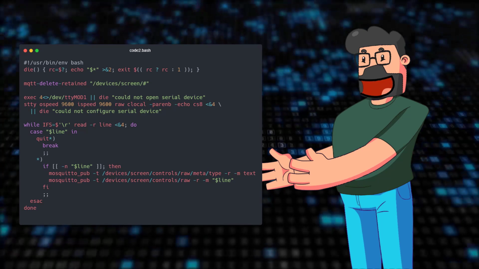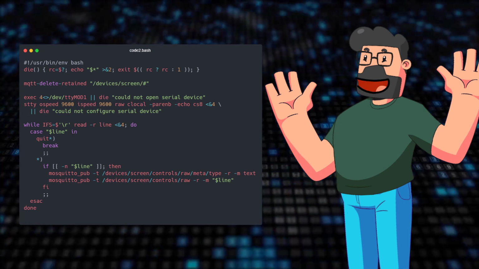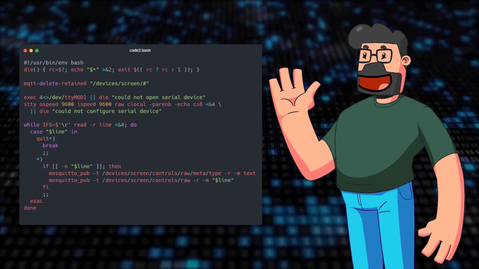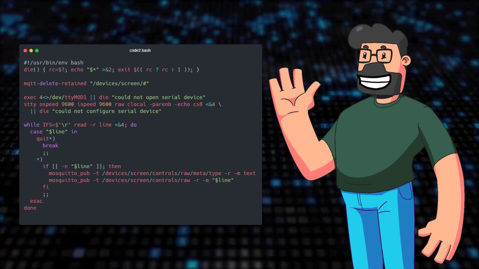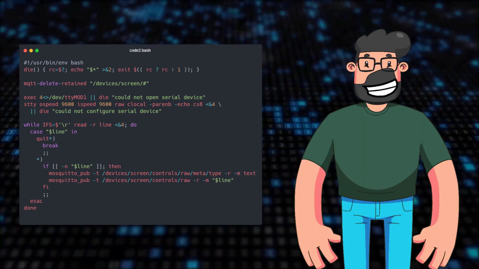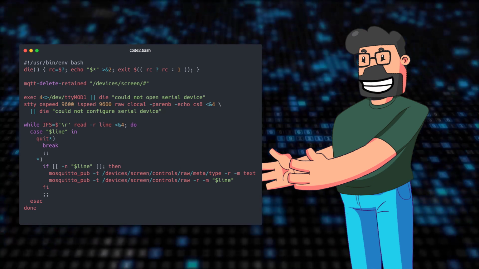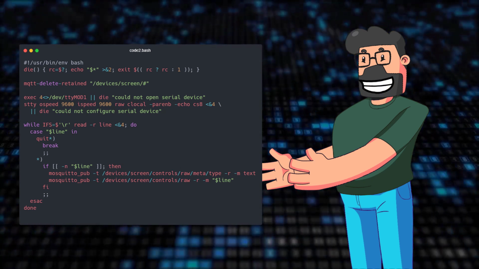Building upon the initial solution, another aspect to consider for a robust system recovery is to adjust your script accordingly. By incorporating error handling techniques and exiting the script if critical steps like opening the serial device or configuring it fail, you can prevent the script from getting stuck in a non-functional state. Additionally, reading directly from the device instead of using cat can enhance the reliability of your script and improve its